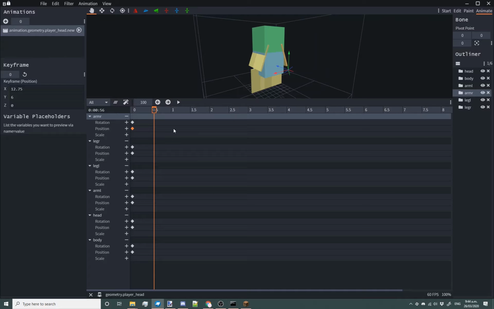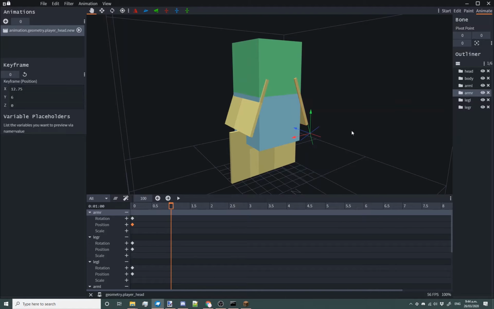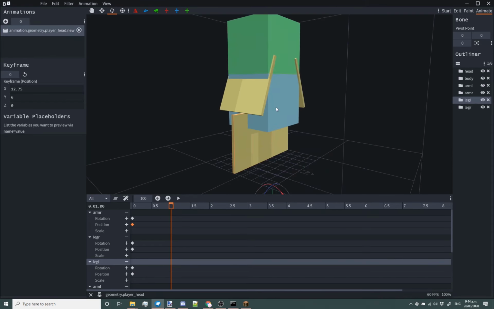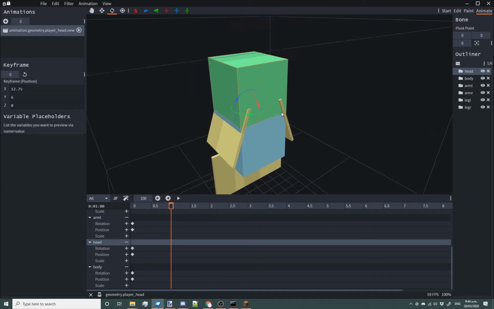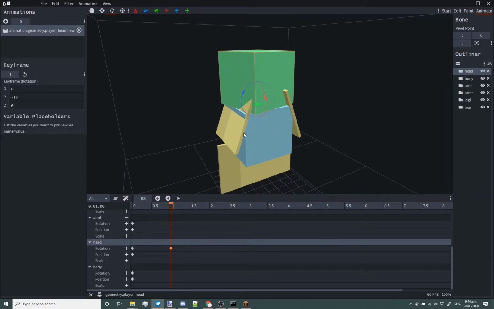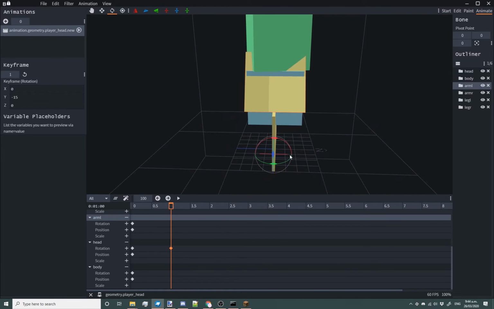So what I prefer to do is go to like the 1 second mark, the 2 second mark, the 3 second mark, just so it's sort of organized, but also not really. But that's just my preference. So we're gonna go to our 1 second mark, and we're gonna start animating our little dude. So I'm gonna actually animate his head to rotate, just so he has a little bit of variation when he's walking around. And I'm gonna animate his arms